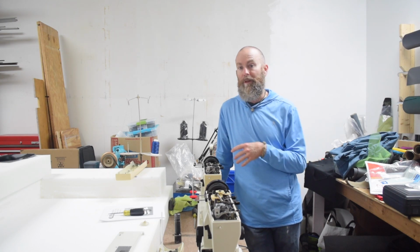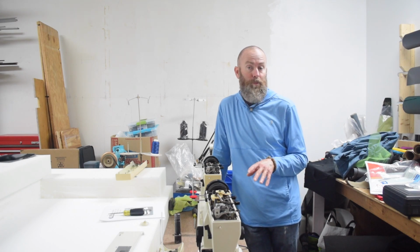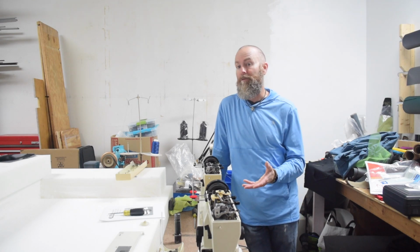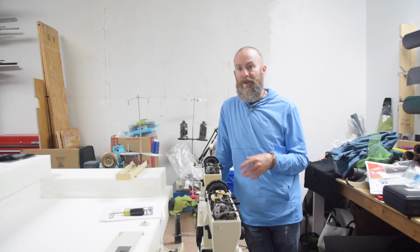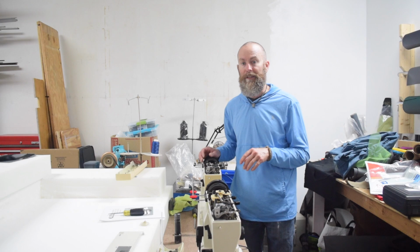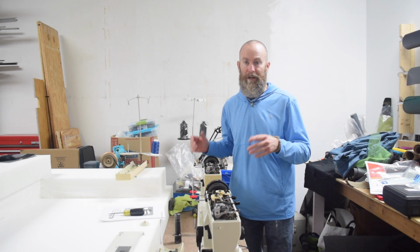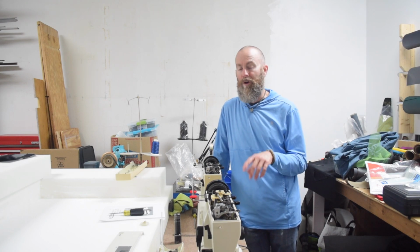If you're going to try to do something like this, definitely make sure you know what you're doing or seek out the assistance of someone who does. I'm presenting this information purely for entertainment purposes. That said, this stuff can be pretty simple, but it also could be dangerous, so make sure you don't work on a machine that's plugged in, and just be careful. Also, doing anything I do may break your sewing machine, so I wouldn't work on something that you're not willing